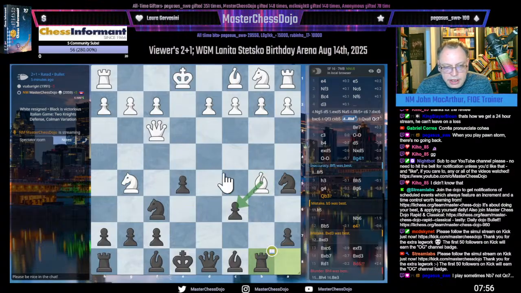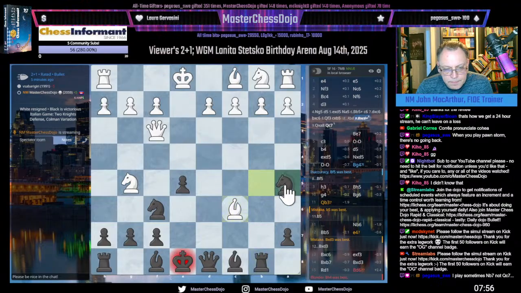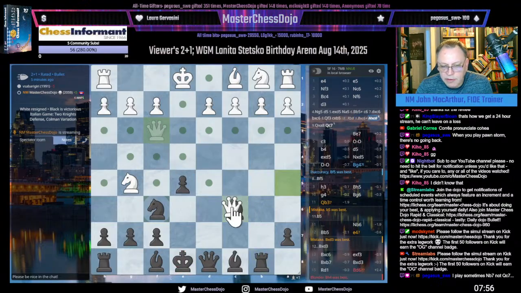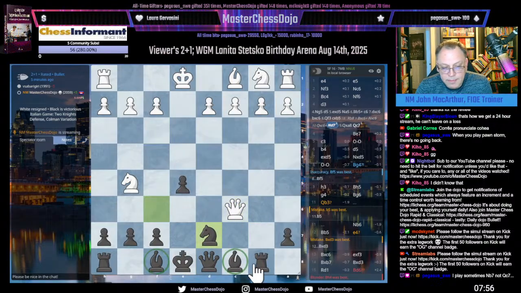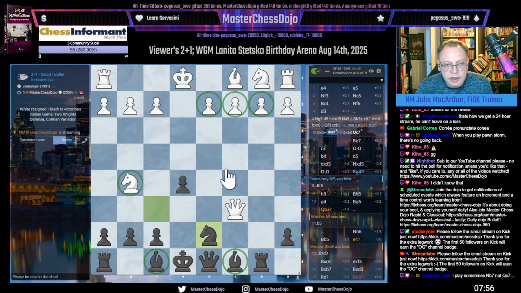White cannot take, because it solves the problem of A, your knight on the edge of the board, and B, it solves the problem of black not facing the bishop pair. So this is being attacked, and we get all sorts of Gegenspiel against these pawns. I don't know what the assessment is,